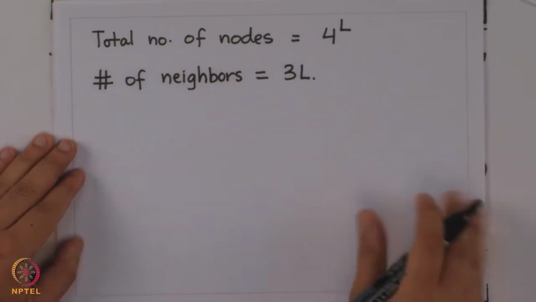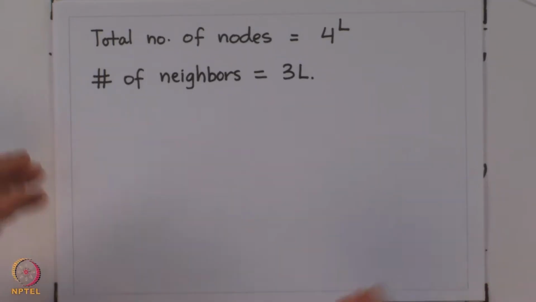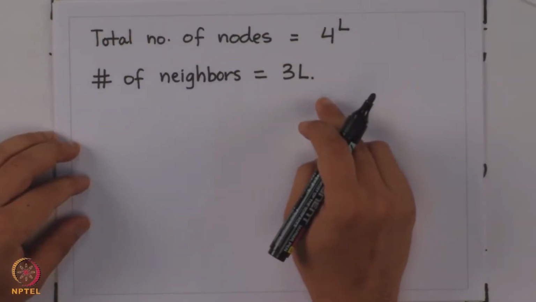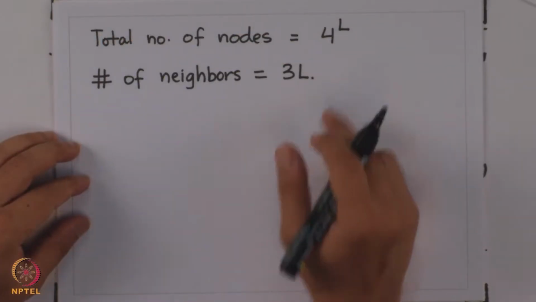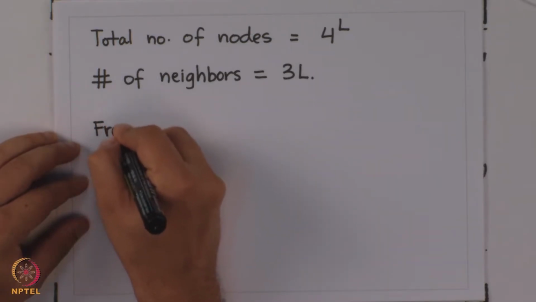So now what I want you to think about is how densely this graph is connected. Given a number of nodes and edges, of the total number of nodes that are available in this graph, what fraction of nodes is every single node connected to? So the total number of nodes is 4 to the power L, but every node is connected to 3L other nodes. That means the fraction of nodes